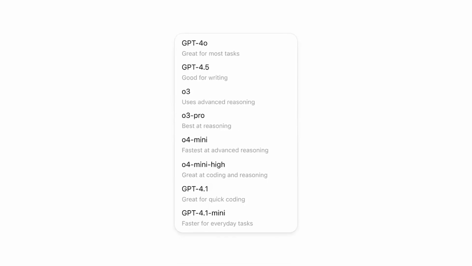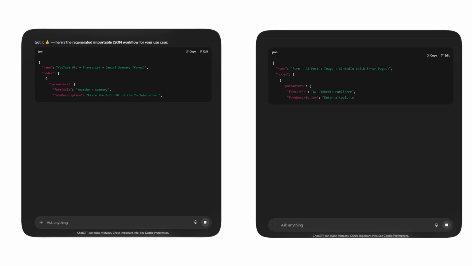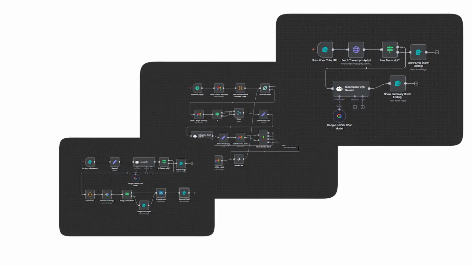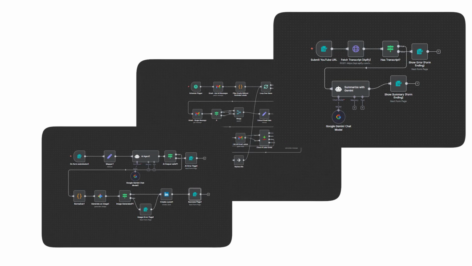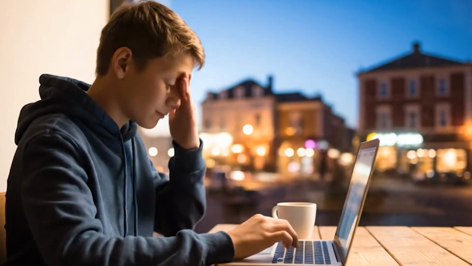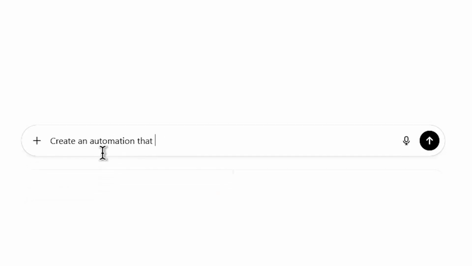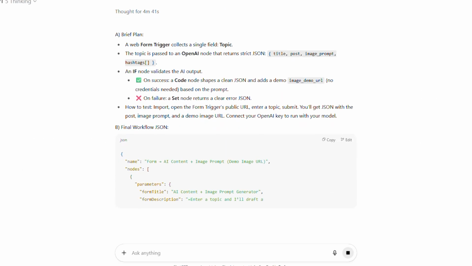OpenAI just released ChatGPT 5, and I have been testing it for n8n workflow creation over the past week. And trust me, the results have been genuinely impressive. What normally takes me a couple of hours or days to build these workflows, I completed in about minutes using